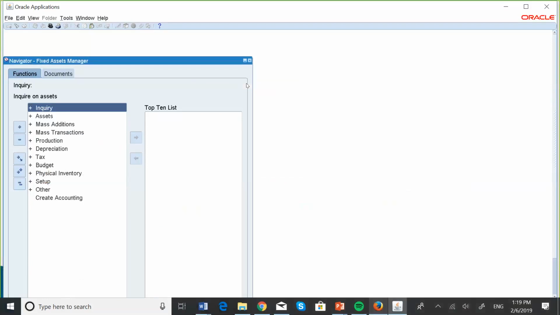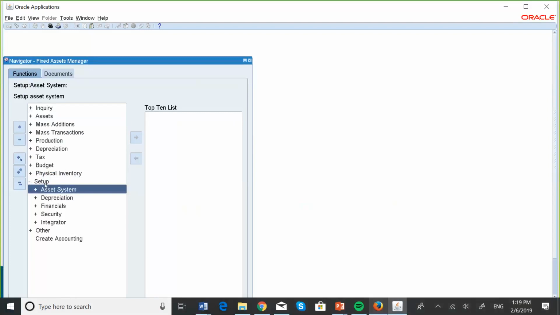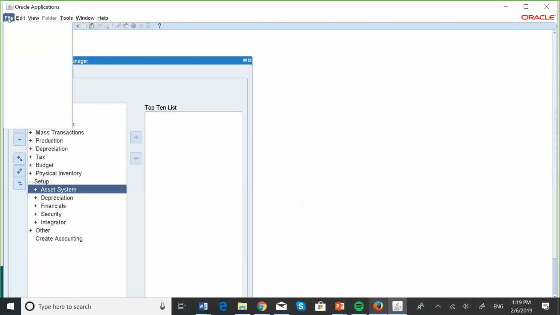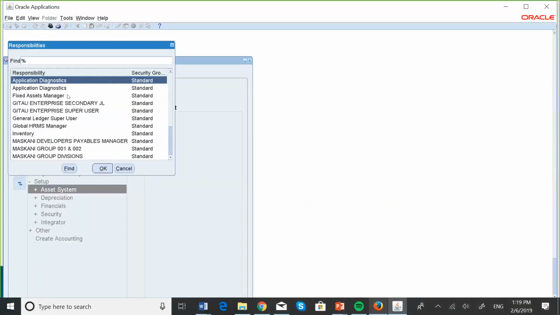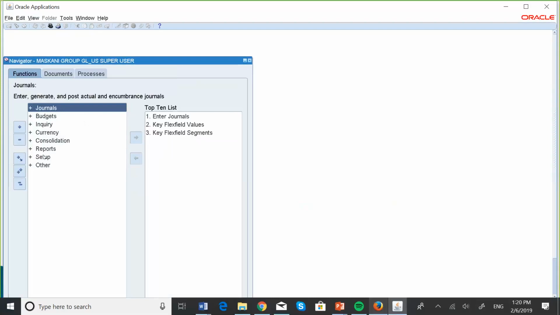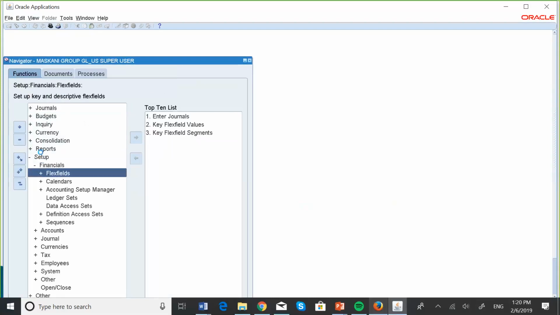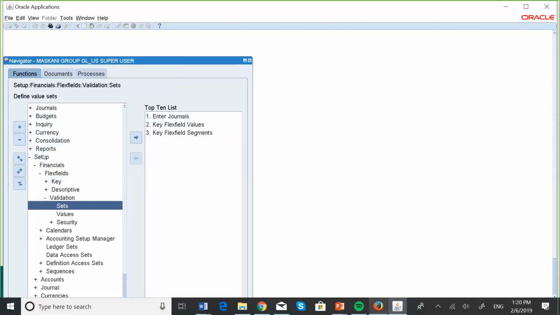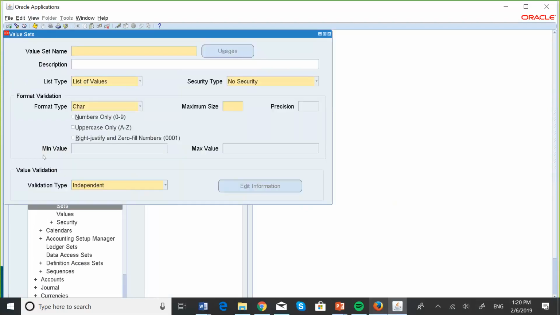So the first thing we do is let's create the value set first. So we need to go to setup. Let me actually use the GL responsibility. So to go to setup, financials, flex fields, validation, then sets to create the value set, right? So I'm going to call this value set